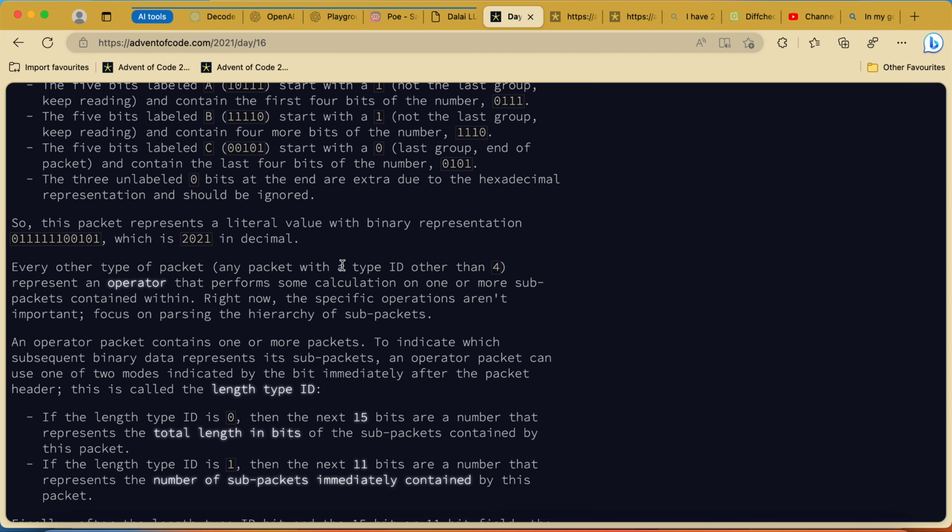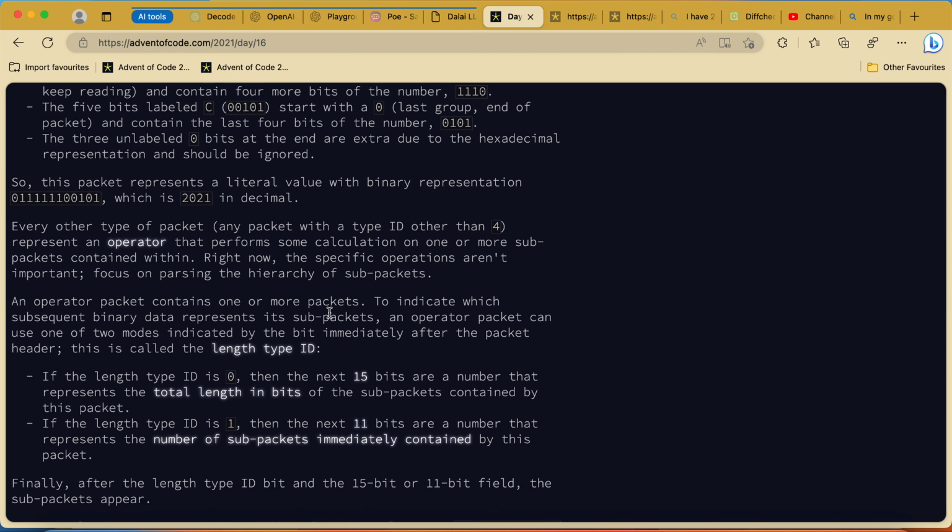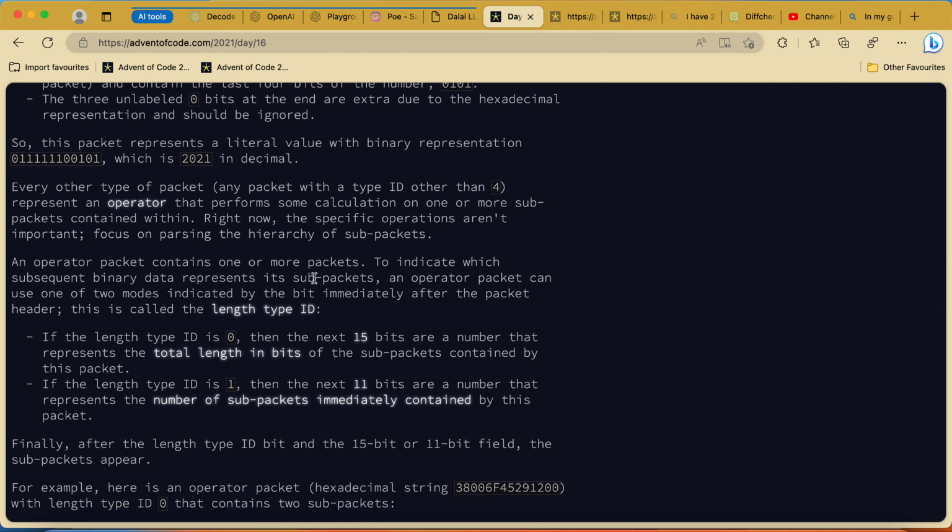The operator packet contains one or more packets. To indicate which subsequent binary data represents its sub-packets, an operator packet can use one of two modes indicated by the bit immediately after the packet header.